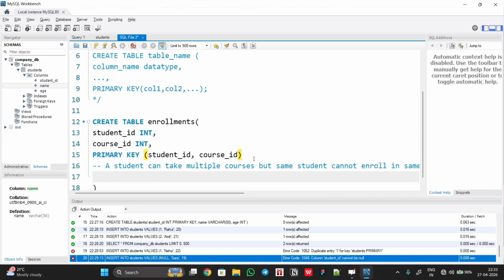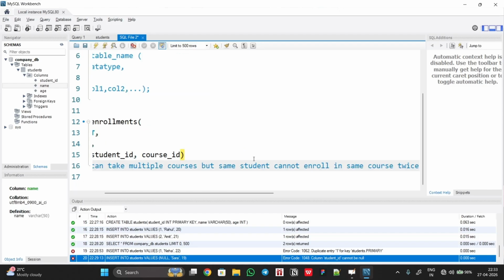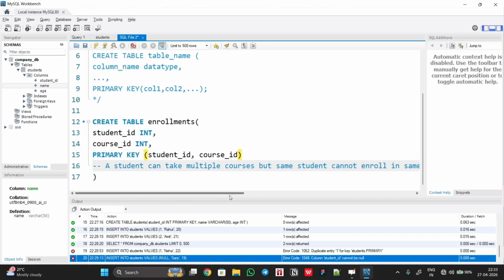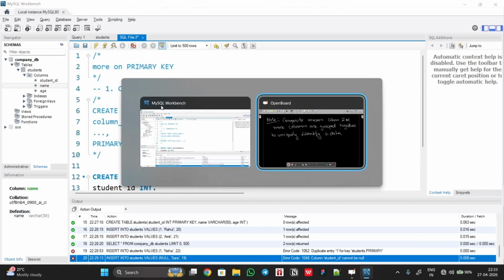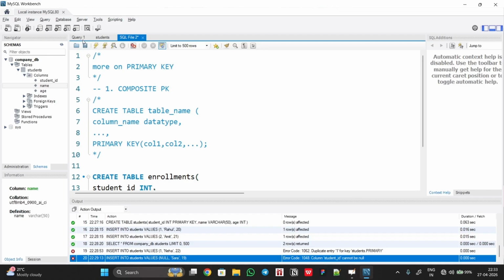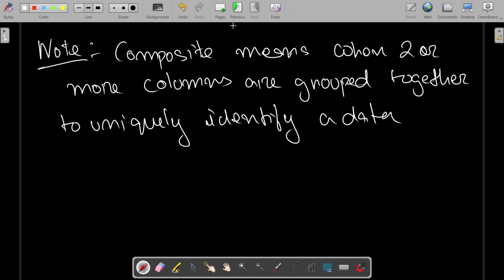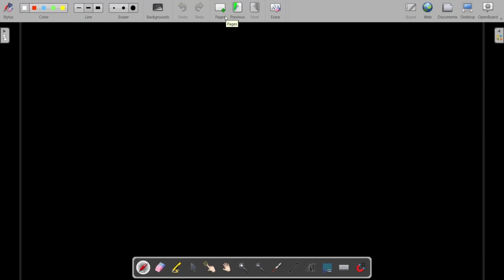Okay, so this was all about the understanding and more on primary key. Fine. So I hope you understood this particular scenario with this particular syntax. Now coming back. Now let's go ahead with understanding